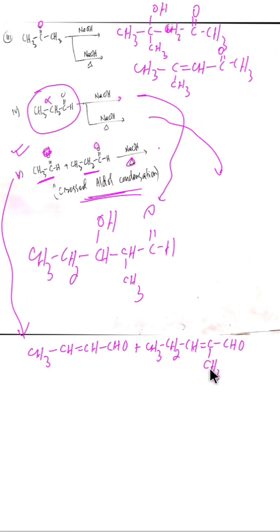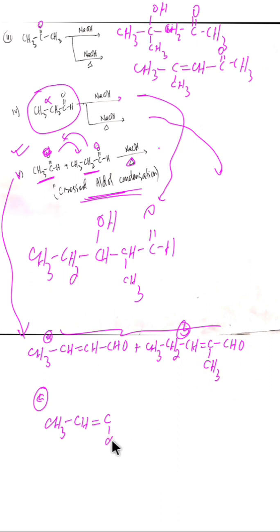These will be the two products, and these two products will be simple aldol condensation products, and in the cross aldol condensation products this will be reacted with this, and in the last one this will be reacted with this, like this, okay. So this is the first product, this is the second product, and the third product is here. Let me write all the products. Let me write here CH double bond, with this part coming, okay, actually like this. This will be the third product, and then the fourth product will be